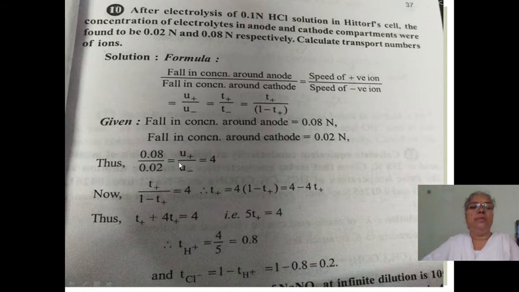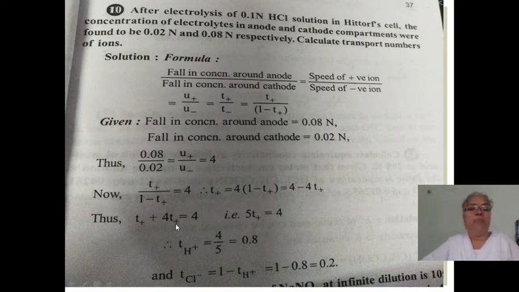So substituting these values we have 0.08 upon 0.02 is equal to U plus upon U minus, and it becomes equal to 4. That means T plus upon 1 minus T plus is equal to 4. Therefore, by using this equation we can write T plus is equal to 4 into 1 minus T plus, and it is equal to 4 minus 4T plus,